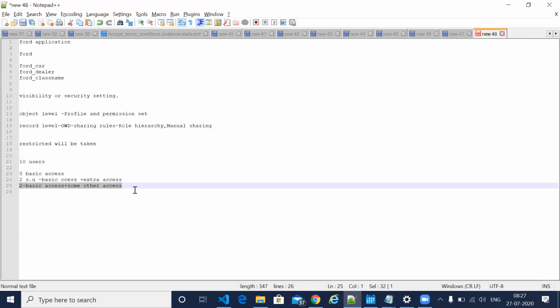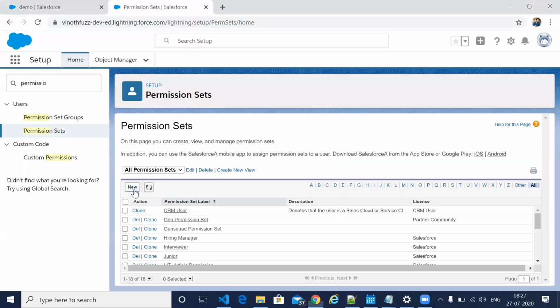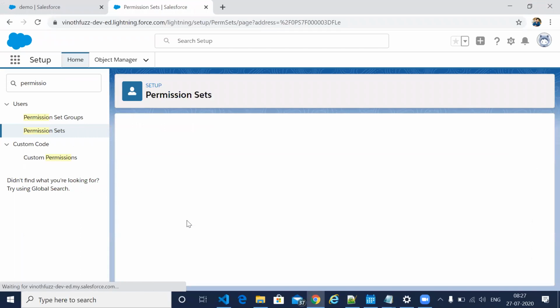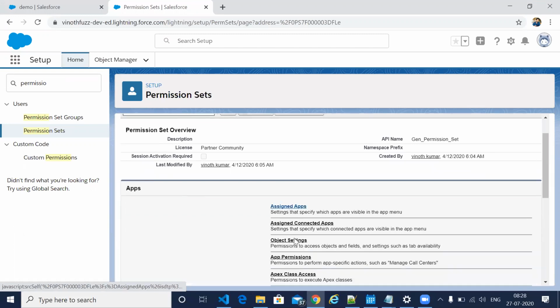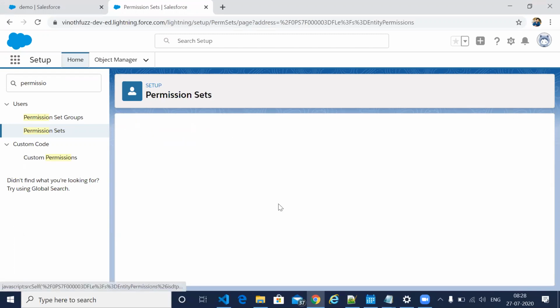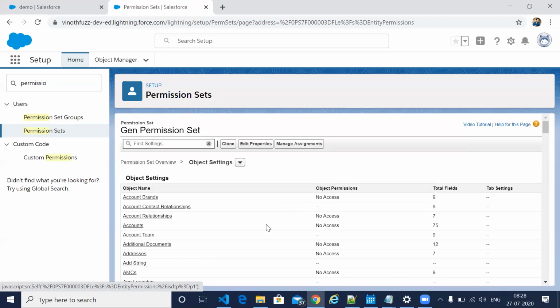But in Salesforce, we have something called permission sets. Permission sets are nothing but the same as profile. So whatever access you are able to give, you will be able to give it in the permission set also. Let's say you want to give some extra object to be enabled.